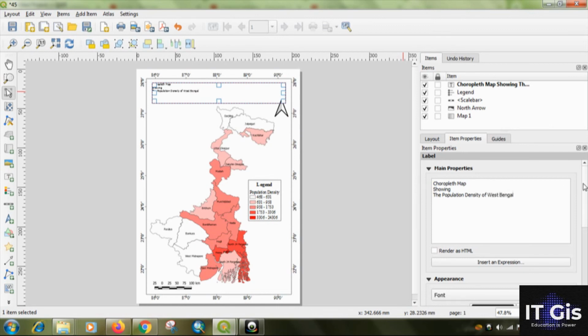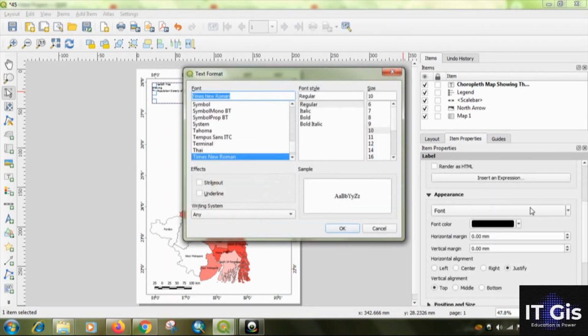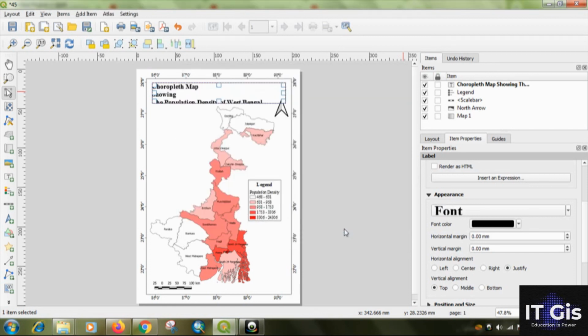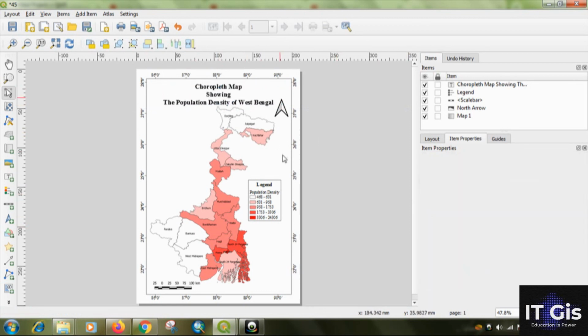So I'm giving the name and changing the font, Times New Roman, bold, and the size is about 24. Then click on OK. Then you can select the center. Okay, so this is the map composition.